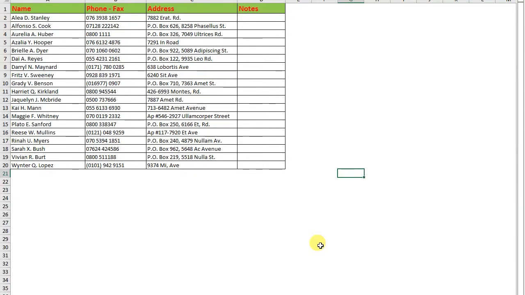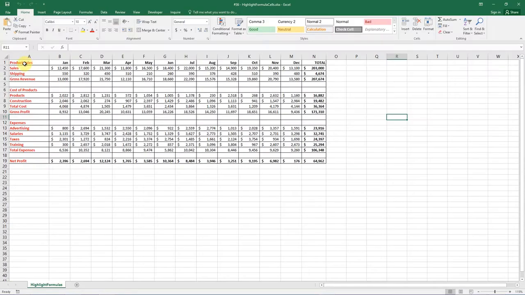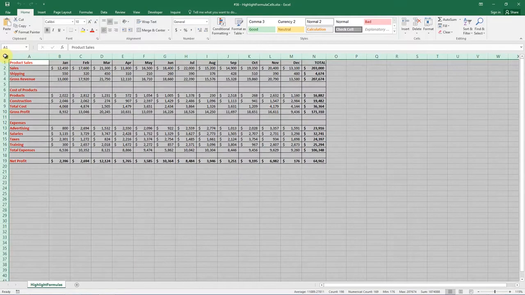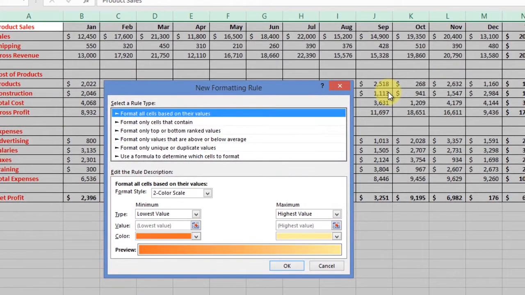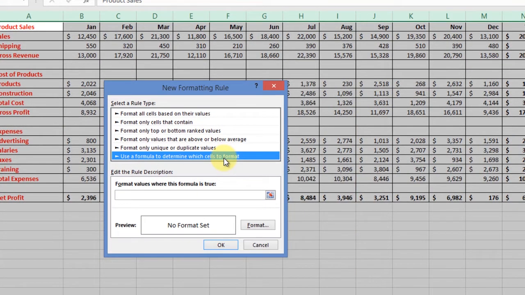Here are the steps. First, select the entire worksheet with Ctrl+A, or click on the upper left corner above row 1. Then press the conditional formatting button from the Home tab. Let's create a new rule. Since the last option used a formula to determine which cells to format, we are going to use a new